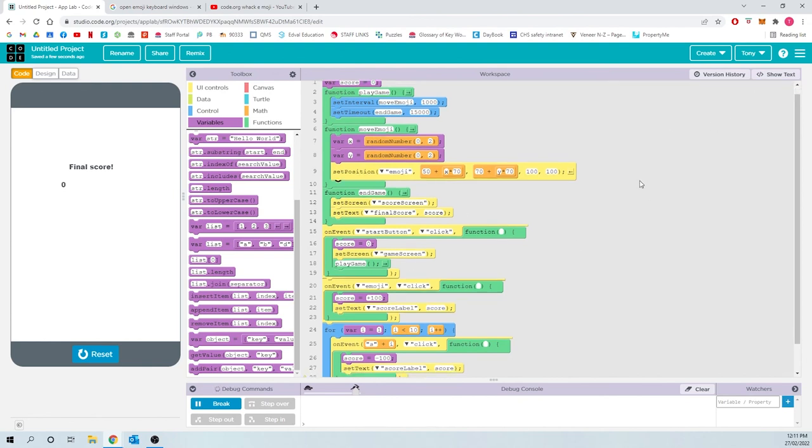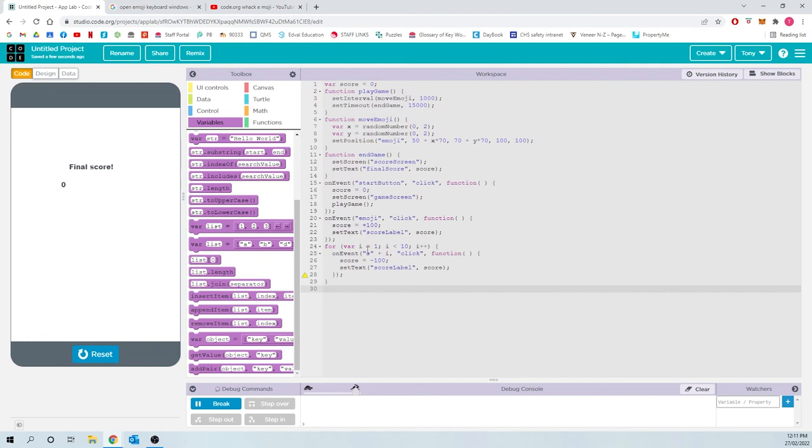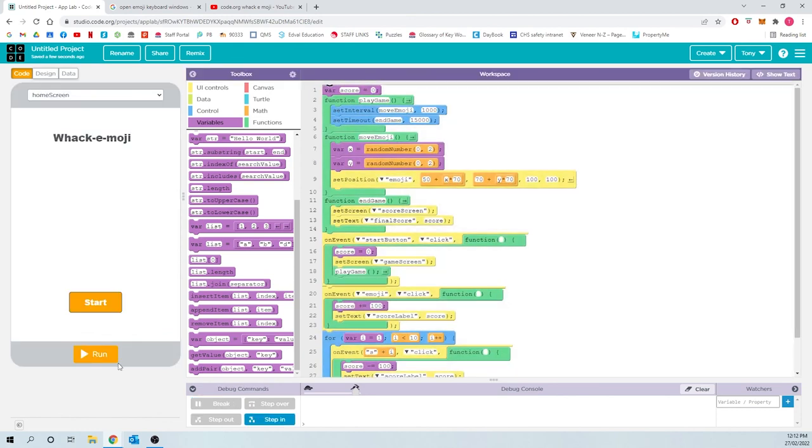Now I just need to go back into the text, and here where I've said score equals plus 100 and score equals minus 100, to add 100 and minus 100, I need to go plus equals, not equals plus. So it's just a little mistake I've made there, and that should solve all of our problems. I'll go back to the blocks. I'm going to reset the game